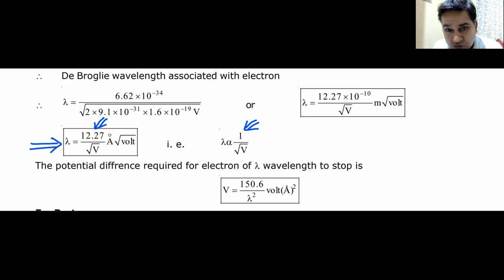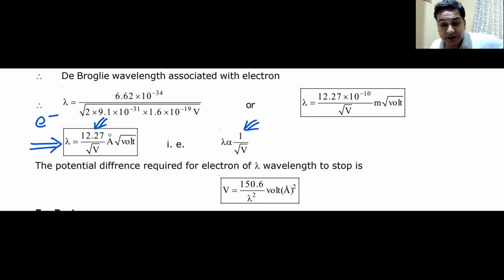Now you have got two choices. Either you remember the original formula and put the values and get the result every time, or you remember the shortcut, which is the wavelength for an electron. Which one is a simpler task for you? I leave it to you. If you can remember all these individual formulas, very good. You can straight away get your answers. If you don't remember these shortcut formulae, you will have to do the entire exercise in the examination hall. Am I clear? Yes, sir.